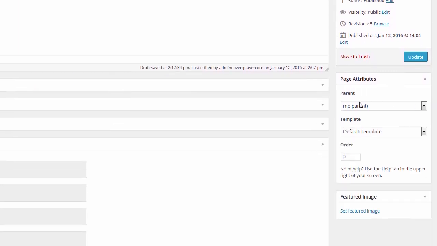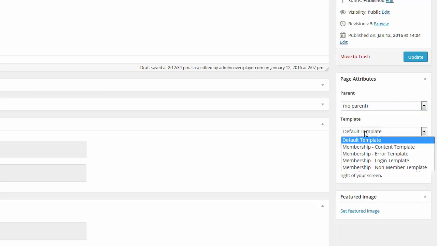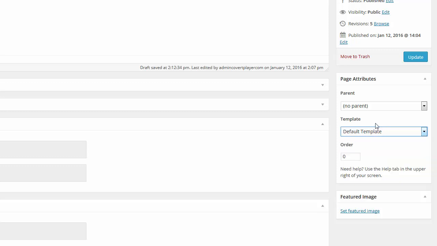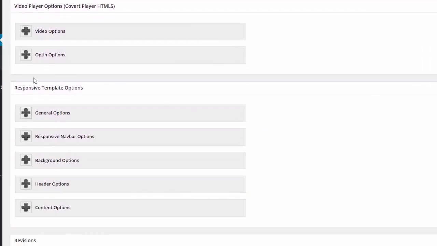And so what I've done, I've deleted all the different page templates. Let me see, here's the templates here. I've deleted all the different templates. All you get is a default template that is 100% mobile responsive. You also get all the membership pages as well. So make sure the default template is selected, and you come down below and you go to your responsive template